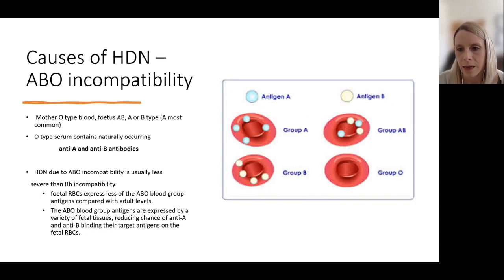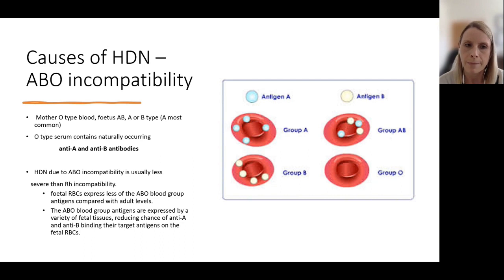So we've talked about Rhesus incompatibility, and I said to you it's actually quite rare that we see Rhesus incompatibility now causing hemolytic disease of the newborn. We still see hemolytic disease of the newborn in a milder form caused by ABO incompatibility. And this has a similar pathophysiology. This happens when you have a mum who is group O and you have a baby who is either AB,